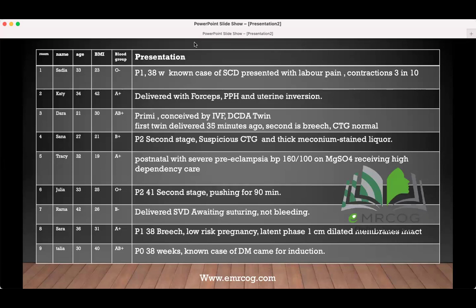So in all the cases, the first topmost priority is the uterine inversion, room number 2. And then the second emergency is the patient with a suspicious